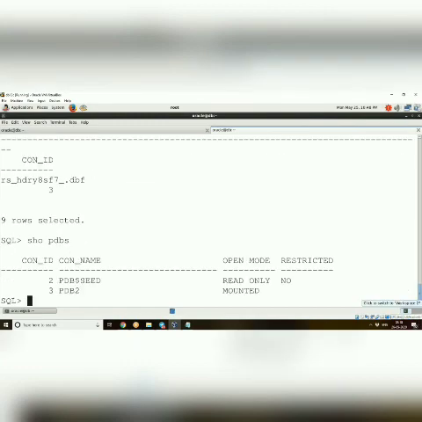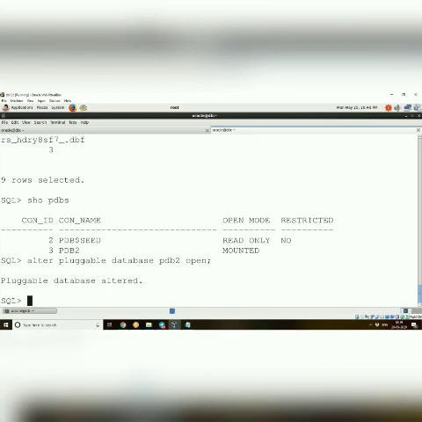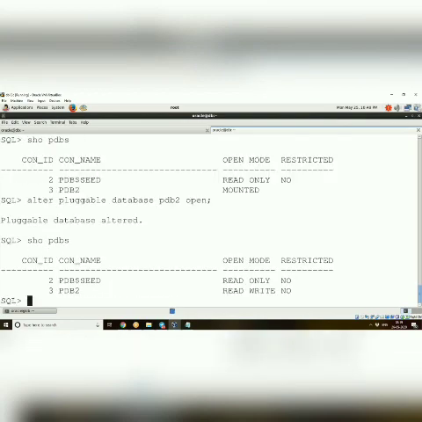Fine. So I'll alter pluggable database PDB2 open. So now we'll open the PDB as PDB2, show PDBs. Fine. So already we have seen, if you want to enter into the PDB, we can do it in 2 ways.